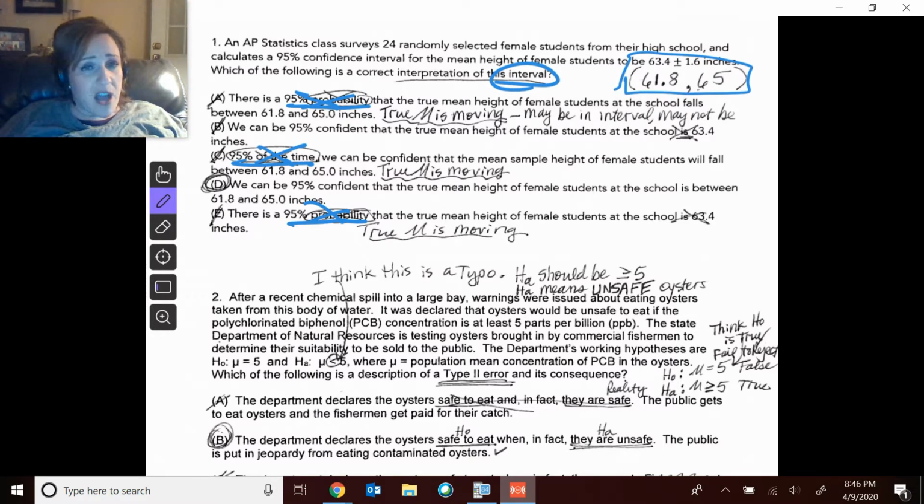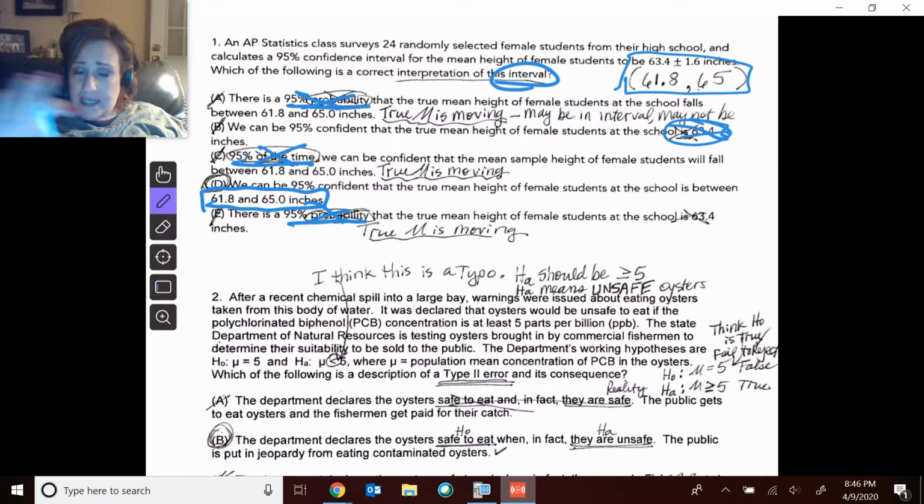So we're 95% confident that the true average height of females at the school is the number that we got for our same sample result. Okay, so there's a problem. We're not 95% confident the true mean is what I got in my sample. I'm 95% confident that the true mean is in my interval. Okay, I'm 95% confident that my interval perhaps contained the true mean.